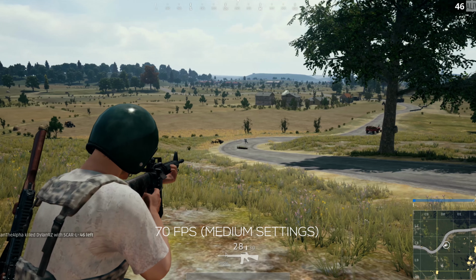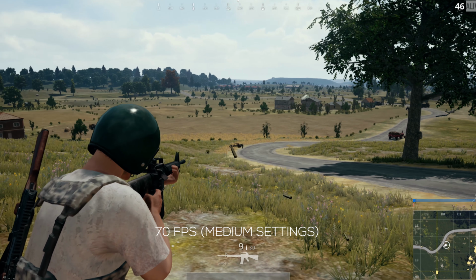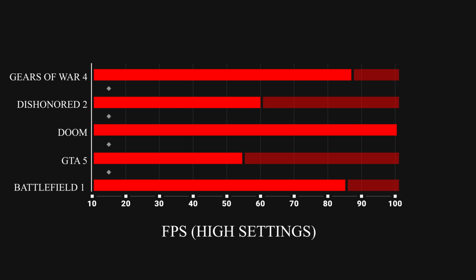In PUBG, things did slow down quite a bit. I had to drop it to medium settings. Probably something to do with my setup. I think it should be able to handle it quite comfortably with settings set to high. Now here are some other games that I tested on this computer to give you guys a better idea on